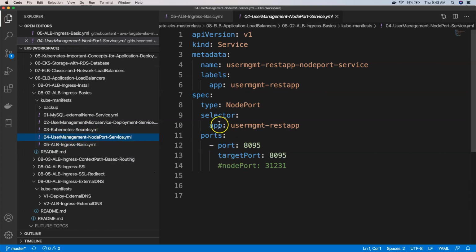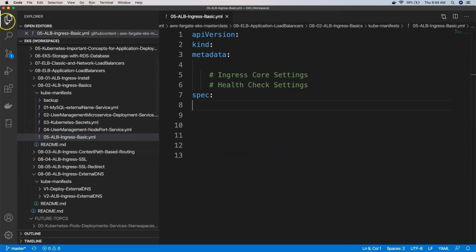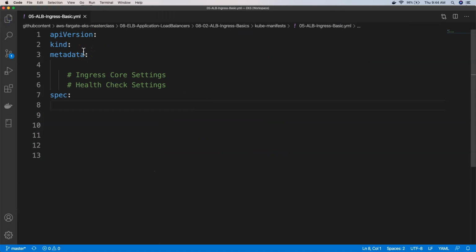How we are going to see it now, which means the backends, which are nothing but the targets inside the ALB ingress basic, is going to be this respective node port service. So we are going to reference that there, okay? So let me close this and then start writing the ingress basic first, so we will understand in a better way.